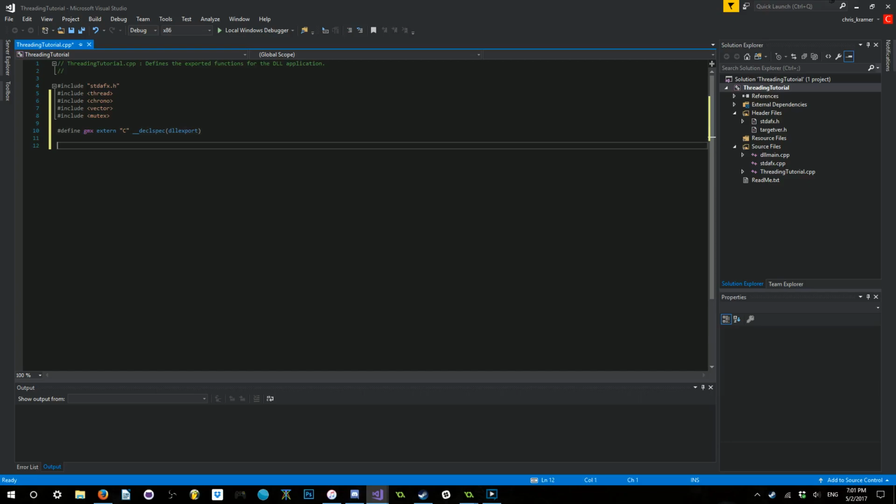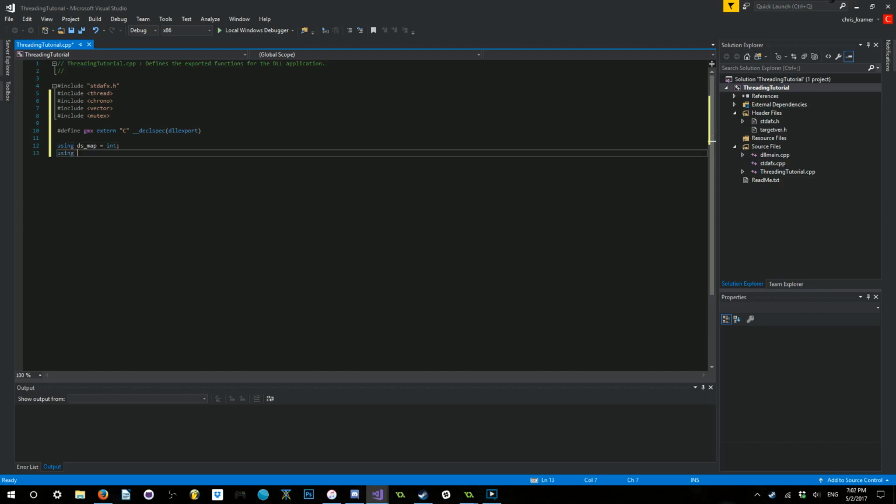Now I'm going to set up some aliases for some ease of use. One of the things that allows this to work is being able to return values asynchronously from a library. The only way you can do that, I suppose, is to actually return a DS map to Gamemaker. Setting that up is a little bit funky. First off, we're going to set up the DS map alias, so it's going to be using DS map is equal to int,